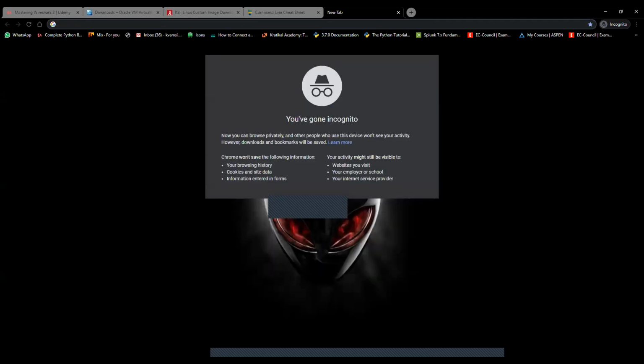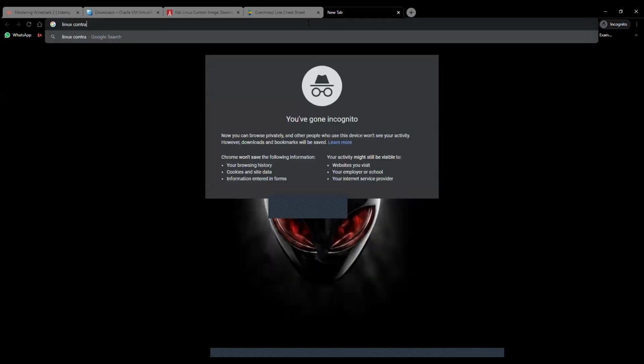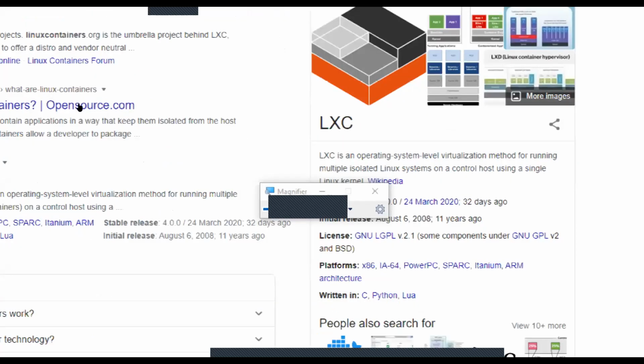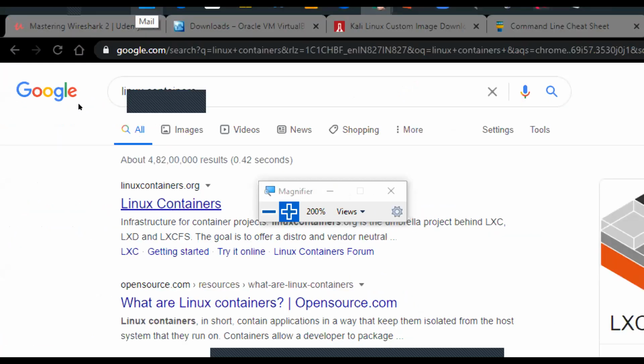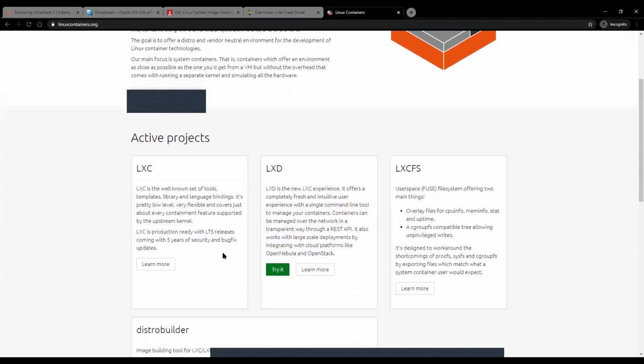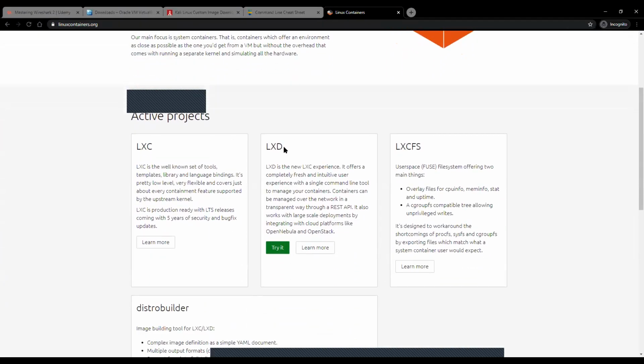So you can simply go with Linux containers. Whenever you go with Linux containers, you'll have linuxcontainers.org, the first website. You can click on Linux containers, and you can go with LXD. LXD is the page where you will be able to have an online terminal. So simply click on try it.